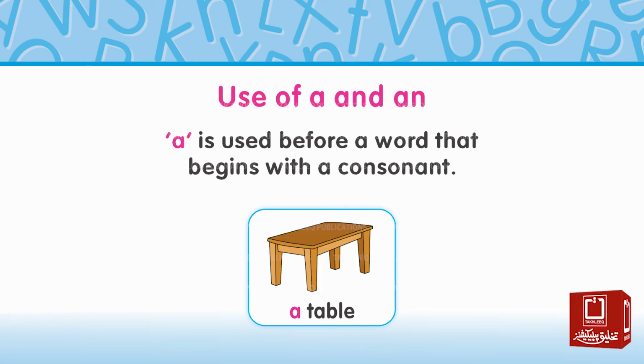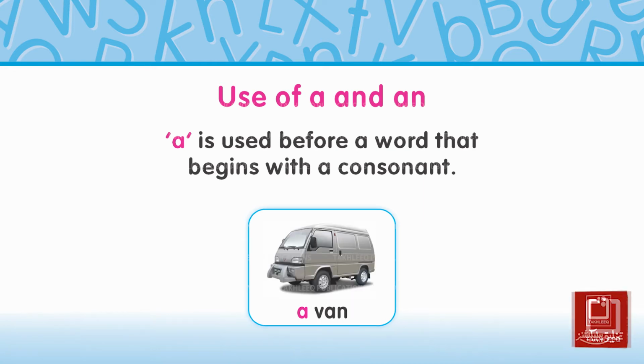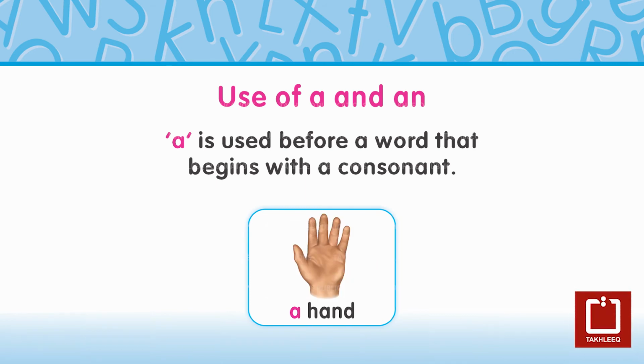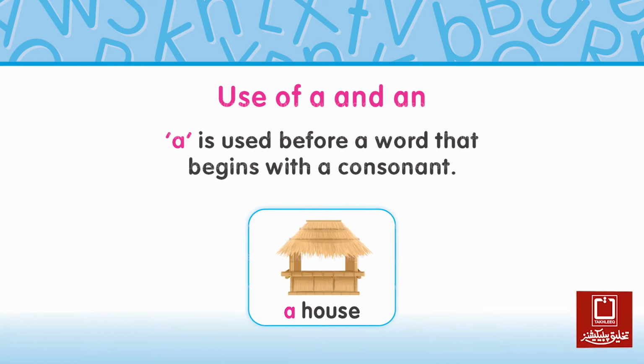This is a table. ये एक मेज है। A table. एक मेज। This is a van. ये एक गाड़ी है। A van. एक गाड़ी। This is a hand. ये एक हाथ है। A hand. एक हाथ। This is a house. ये एक घर है। A house. एक घर।